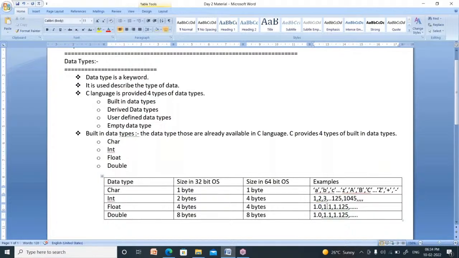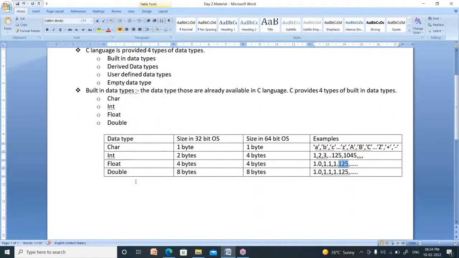We cannot tell whether it is double or float just by seeing it. The digits after the dot symbol are called precision. How many precisions do I represent here? Only one precision. Here, three precisions. By seeing up to six precisions, you cannot predict whether it is float or double.